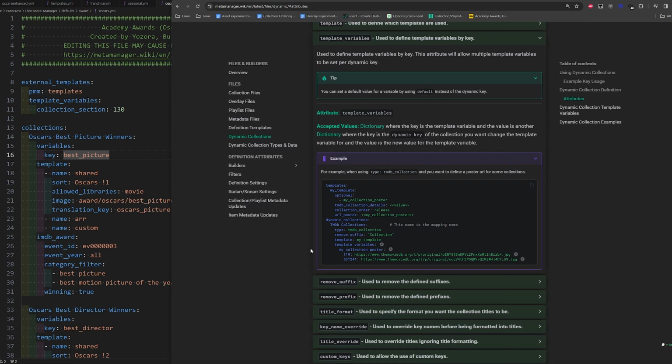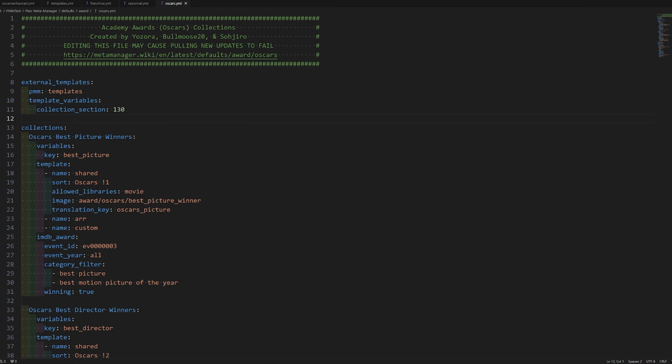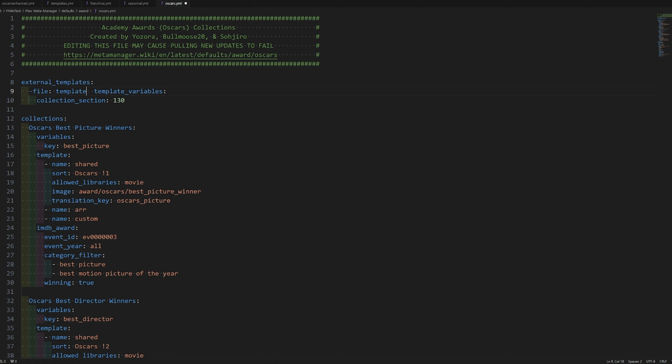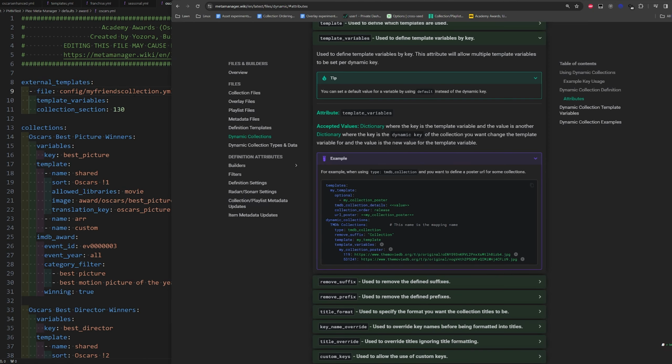Now, when it comes to the end user, however, the end user does not use a dictionary, provided what they're editing is not the data template variable of your collection. So if you were to hand over your template to them to share, they would call it with the file attribute, right? Config, my friend's template, etc. But now if we were to do -file, my friend's collection, our friend can go to alter the URL poster,